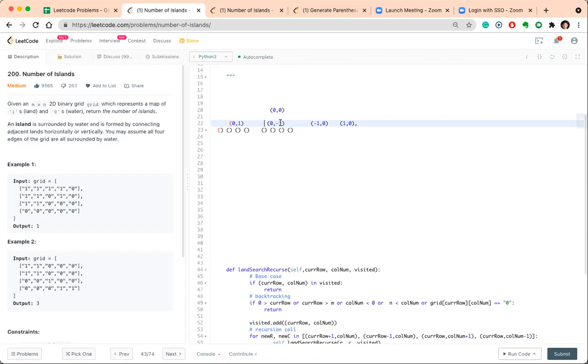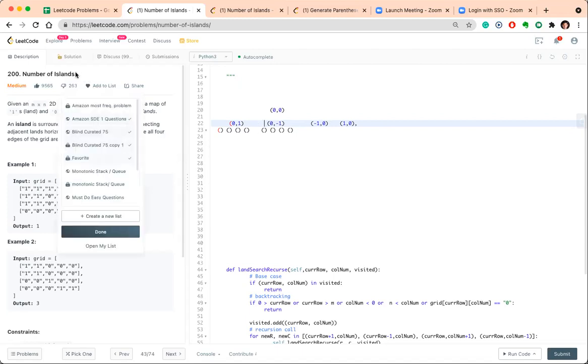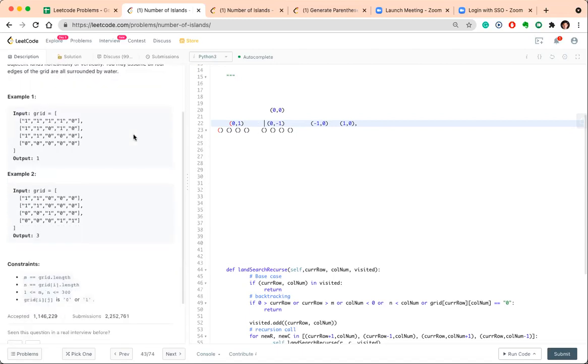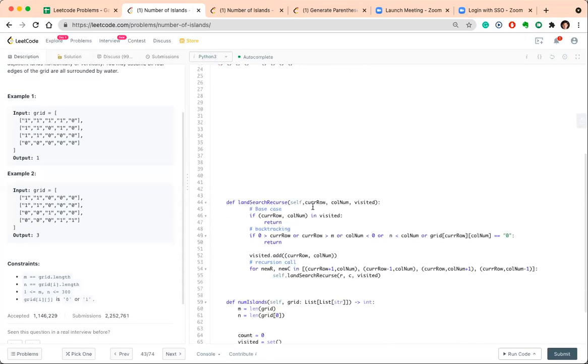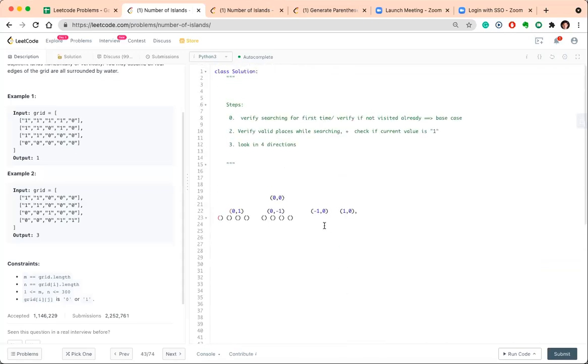You can just try to classify that variation: could it be part of the base case, part of some backtracking condition, or will it change our recursion call? Just that. There could be another one, number of islands 2, where the scenario is changing slightly. There we can just add some variation to the backtracking condition, or to this processing part, and we can still reuse this same template.